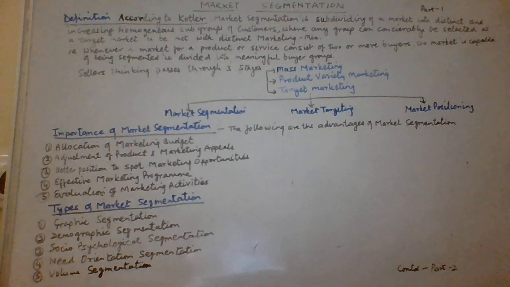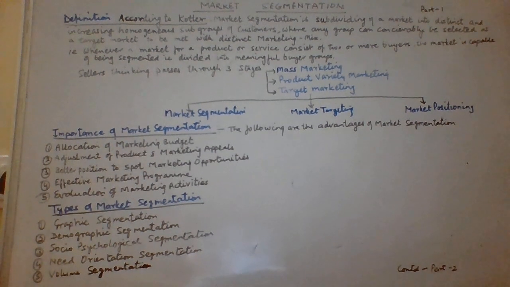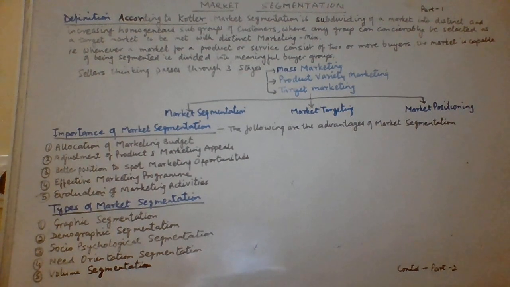Say, for example, we talk about the basis of national boundaries. We can comfortably divide into north, south, east, west. In certain cases, for example, if we take railways, India has been divided as eastern railway, northern railway, southern railway, western railway, and the central railway. So to control it, they have segmented the total geographical area into 5 major segments. This is the aspect of geographic segmentation.